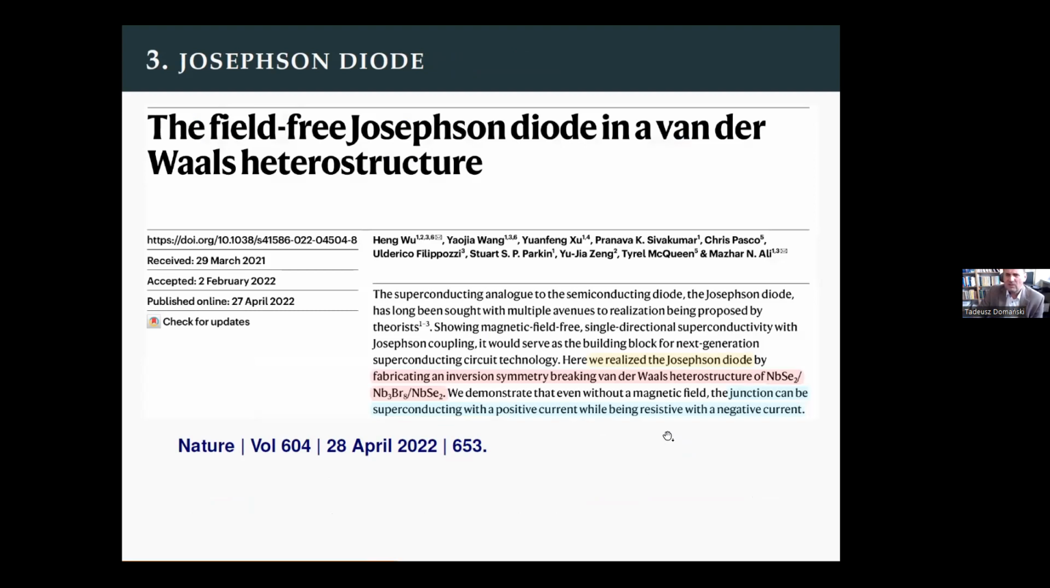Something which is extremely intriguing is also, this is the third example, a possible realization of selective Josephson superflow. Selective in the sense that the Josephson current is able to flow only from one side, from say left to right, whereas in the opposite direction,